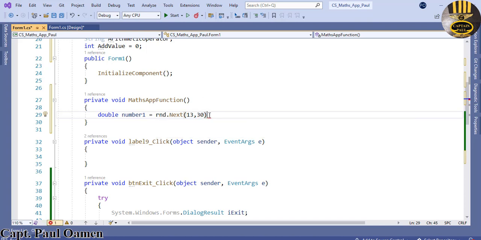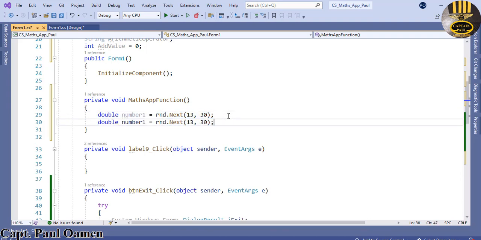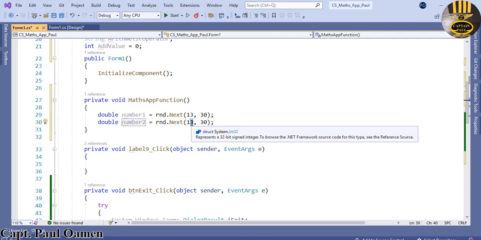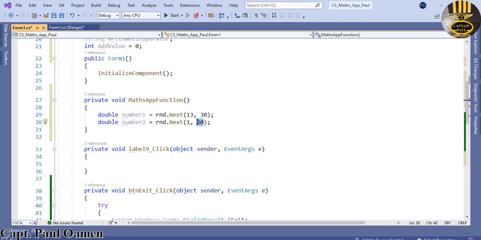That's the value that it will generate. Then I'm going to create another one for second. Change that to number2, and this one is going to be 1 to 14. Let's change this one to 15 then. All right,